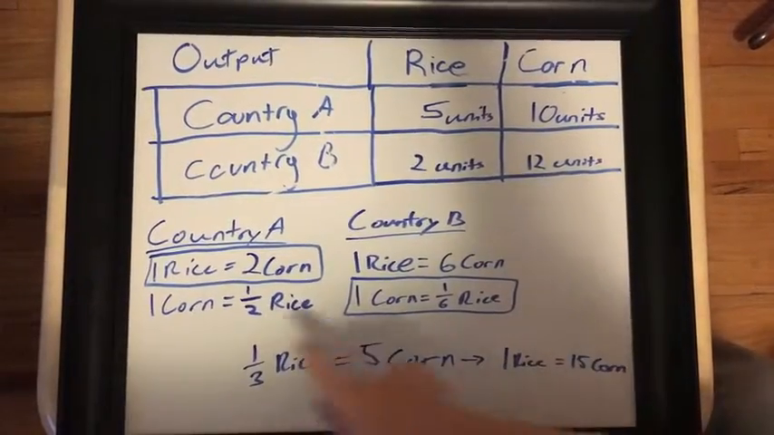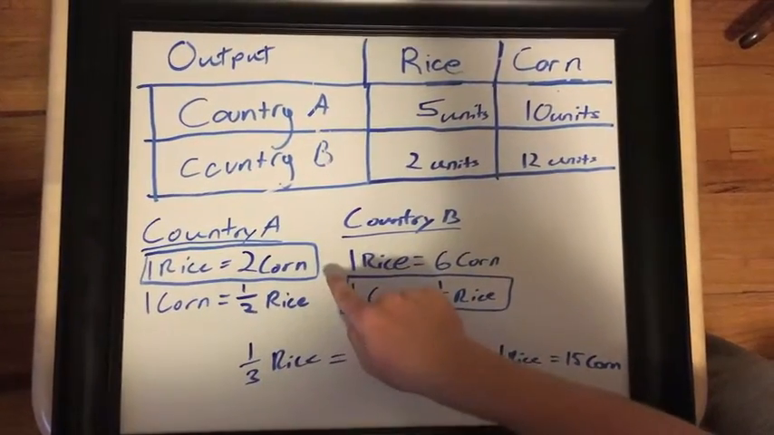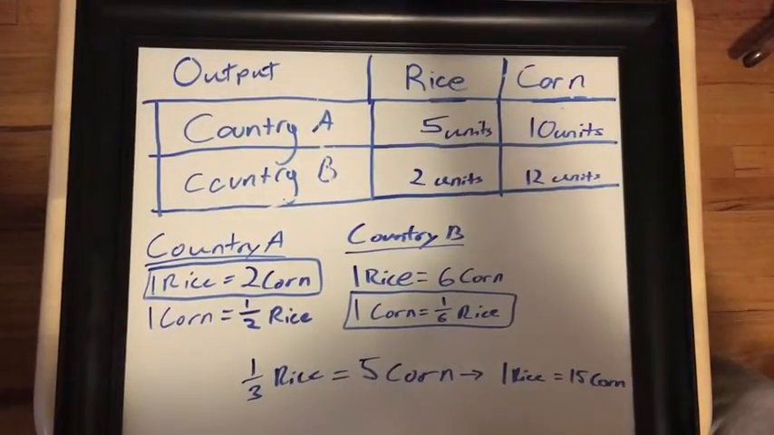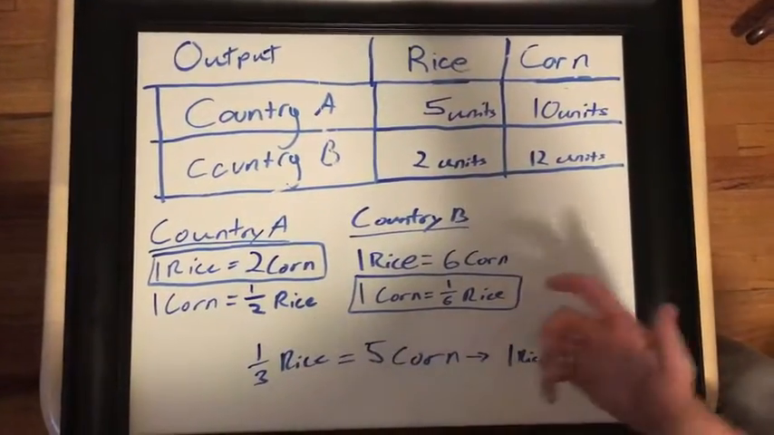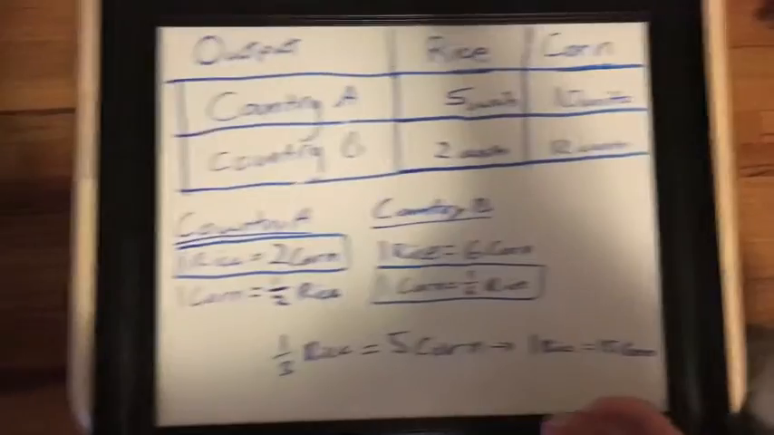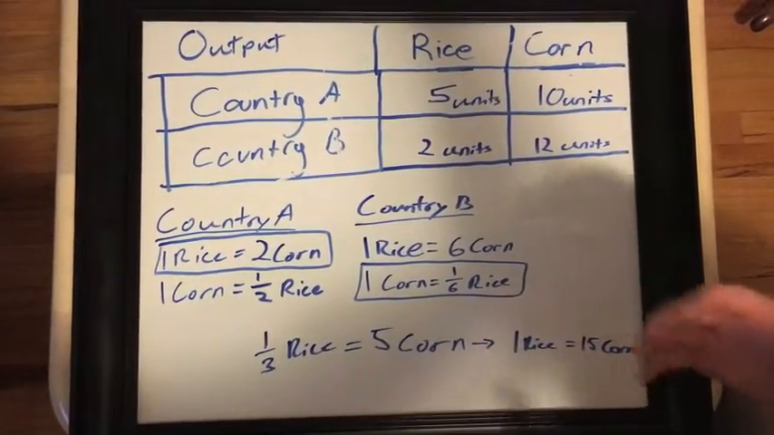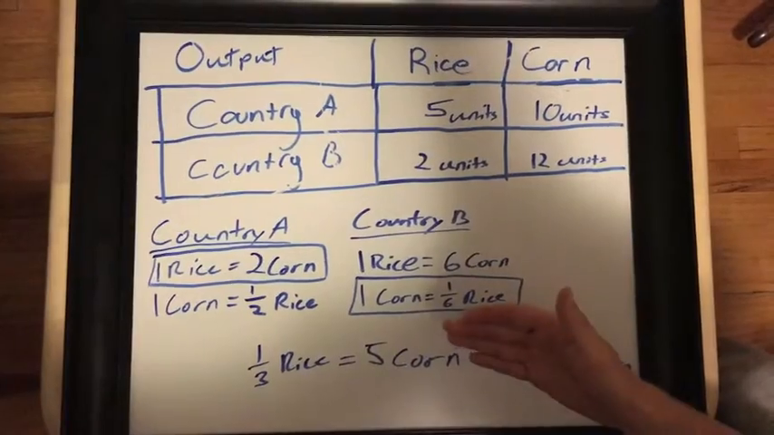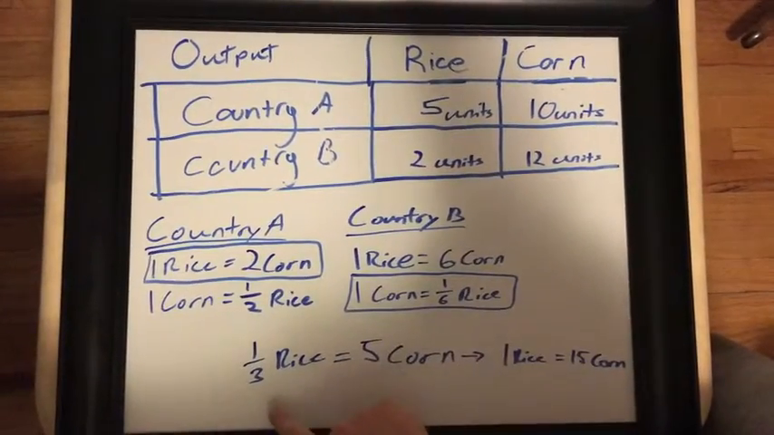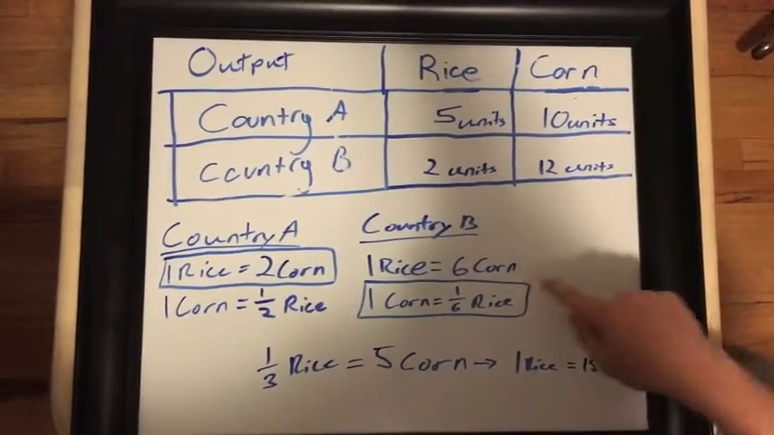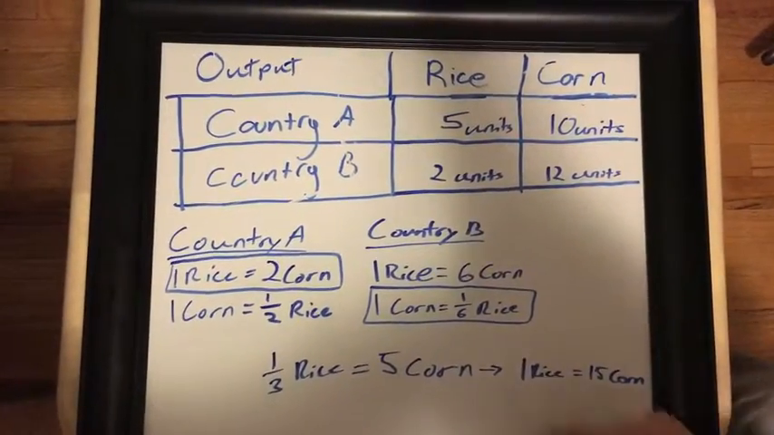Country A produces 1 rice, and its opportunity cost is 2 corn. So if it wants to produce 1 corn, its opportunity cost is half a rice. So it's willing to trade for 1 corn less than half a rice, because it could have just made a corn for half a rice. So its terms of trade would be 1/3 rice for